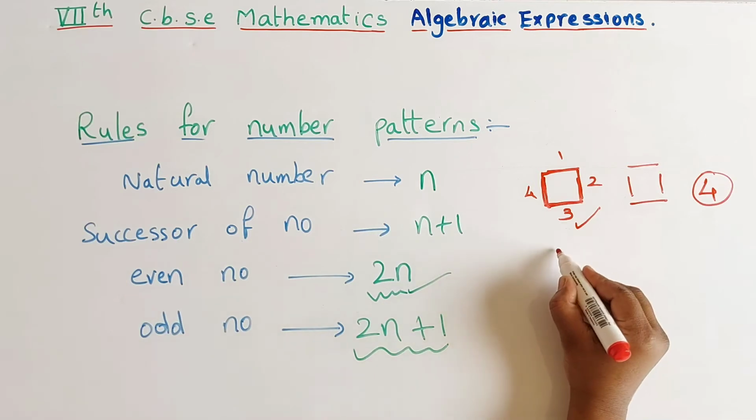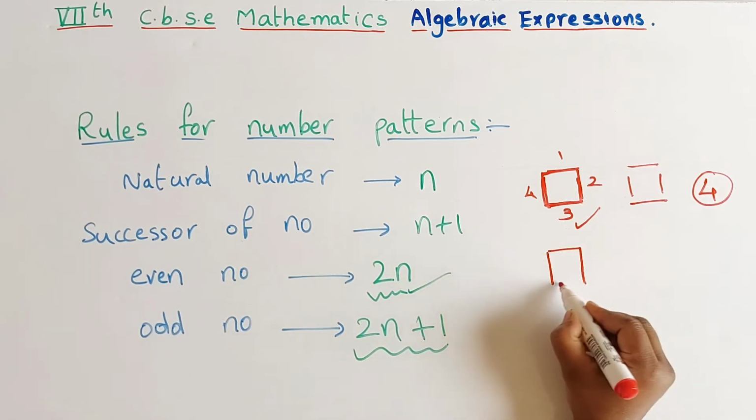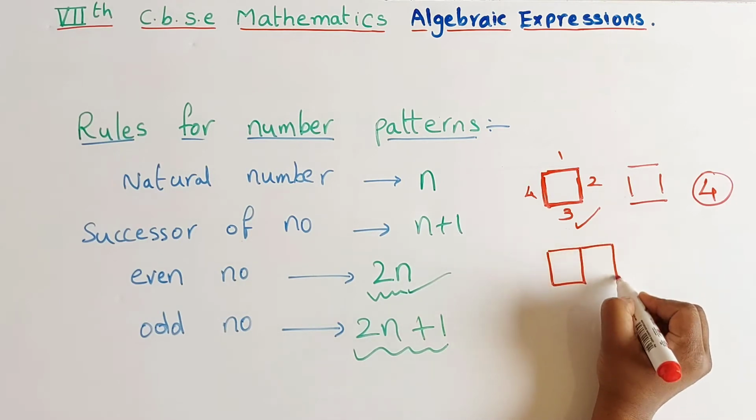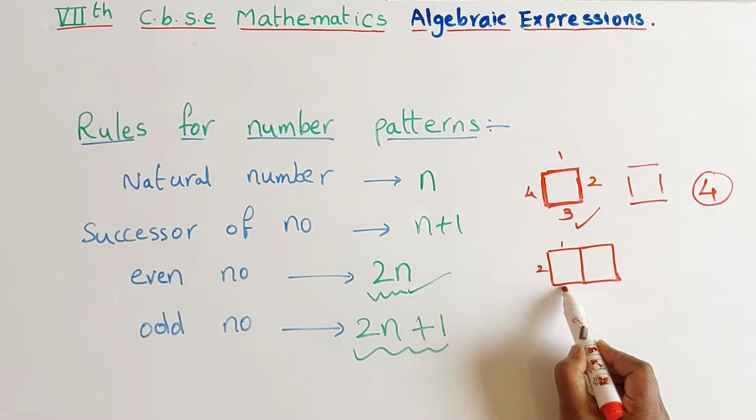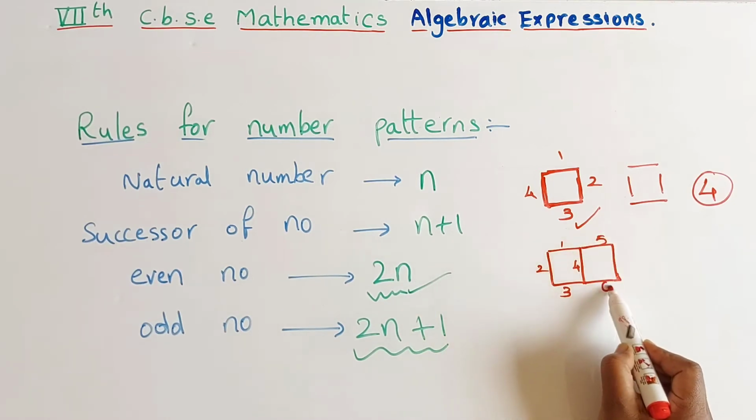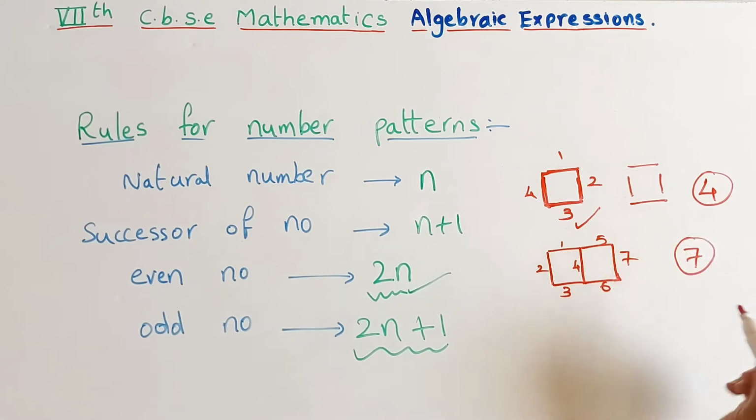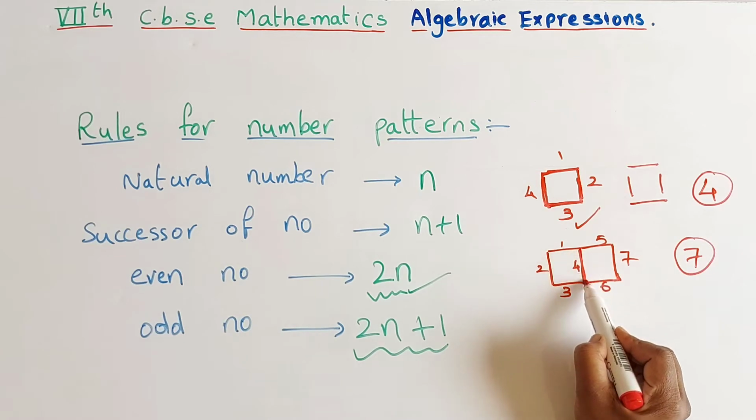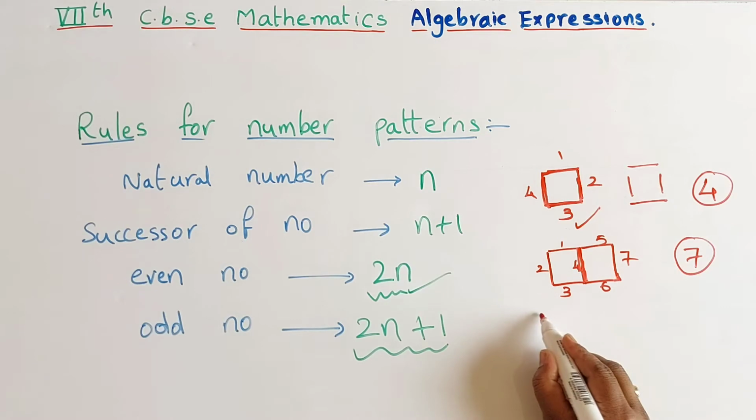Now for 2 boxes, otherwise 2 shapes. Right children? 1, 2, 3, 4, 5, 6, 7. So here I used 7 line segments. Here 4 is joining, common for both the shapes. Right children? If I want 3 shapes,